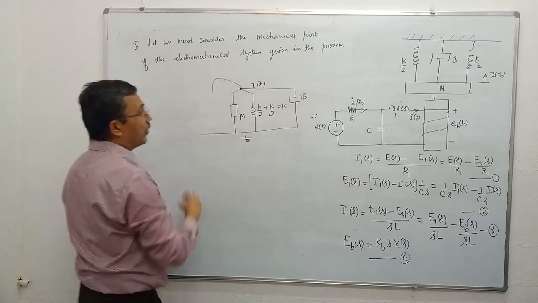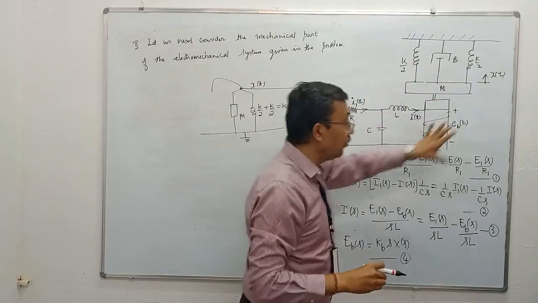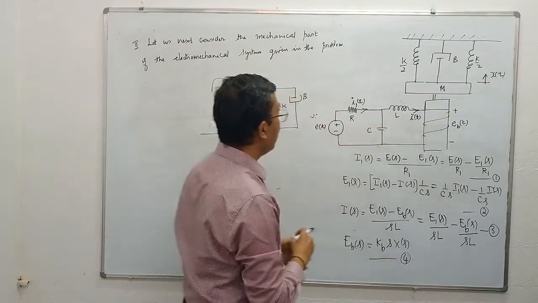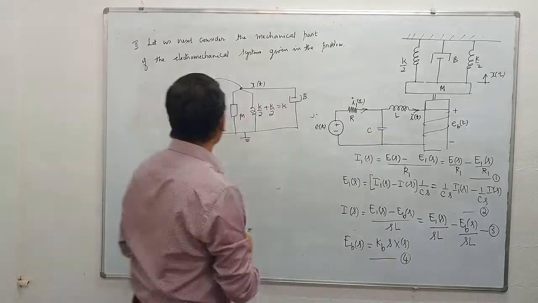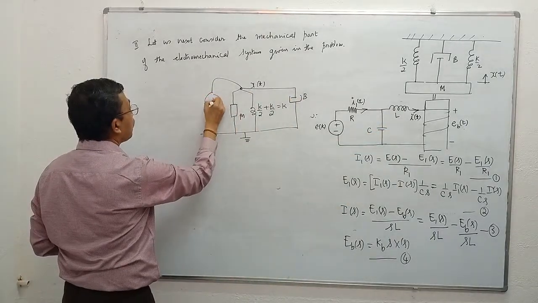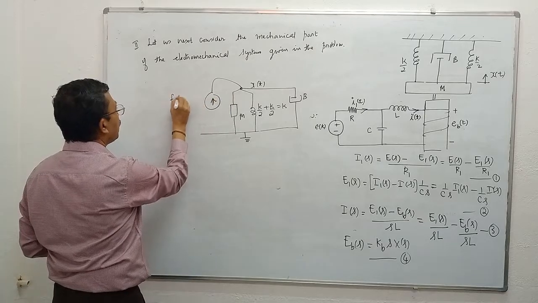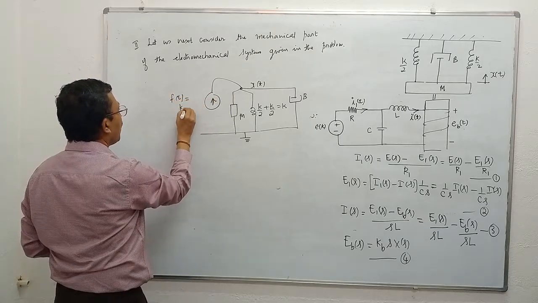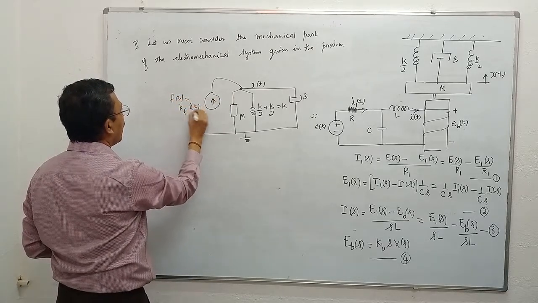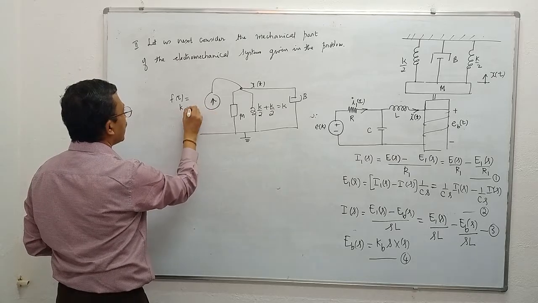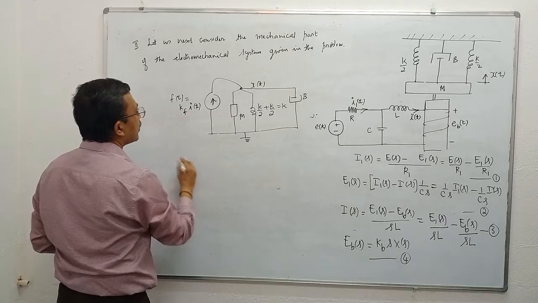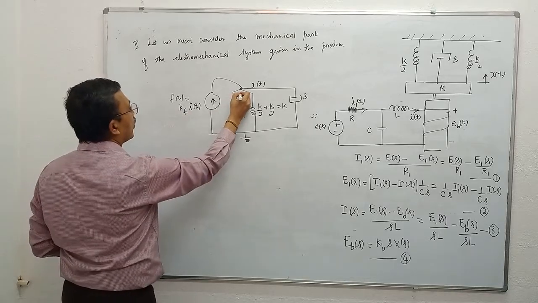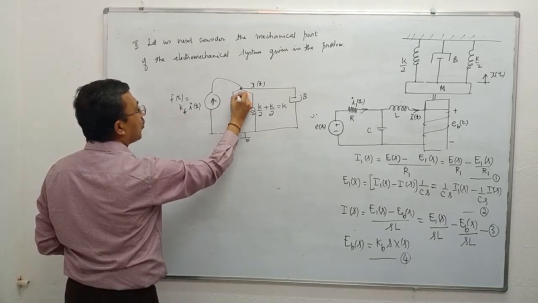The force is not explicit, the force is not seen in the figure. The force is electrical in nature and is proportional to I of t as per the problem statement. So this is the force. Force F of t is given in the problem as kF into I of t. This I call node number 1.